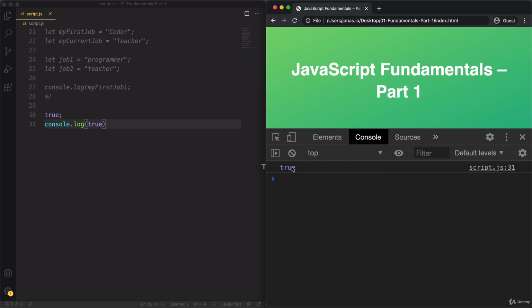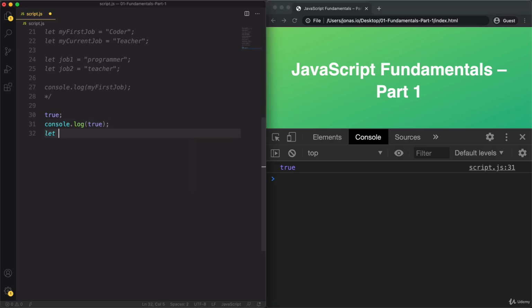Okay? And actually I can also log that to the console. And then here you get true. And you can see that it's not a string because strings are printed in white. And this value is printed in this pink. And so it's actually really a Boolean value. And of course, we can also store Booleans in variables. So let's say